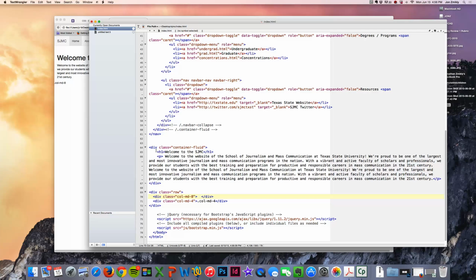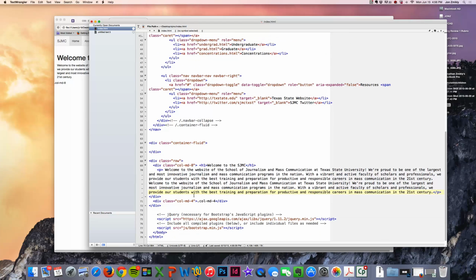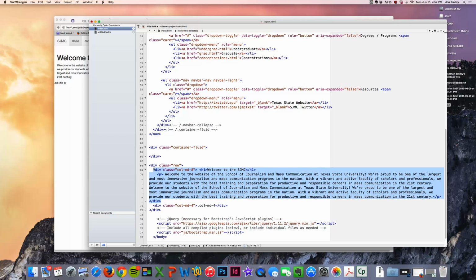I'm going to go ahead and grab my H1 and my paragraph, take all that stuff, and I'm going to take it out of there, and I'm just going to paste it right within my column 8. So really what I did now is I've got my row opening up, meaning it's going to start a new layout. Then I've got my div class of medium 8, and what that's going to do is it's going to be 8 units wide, and then I've got my H1 all the way down to my paragraph, and then it's closing those 8